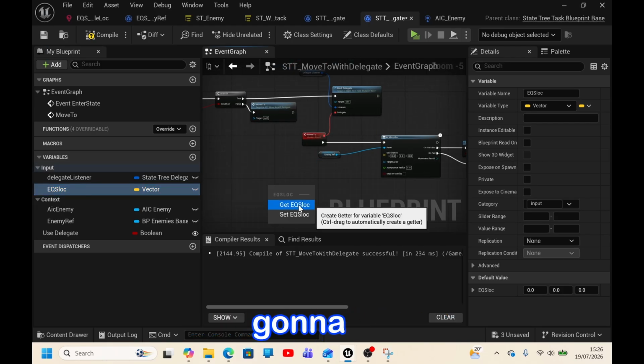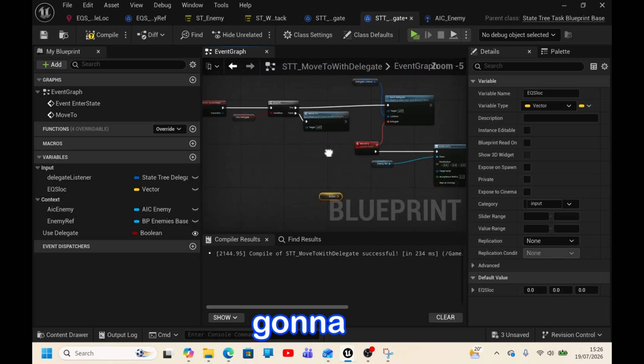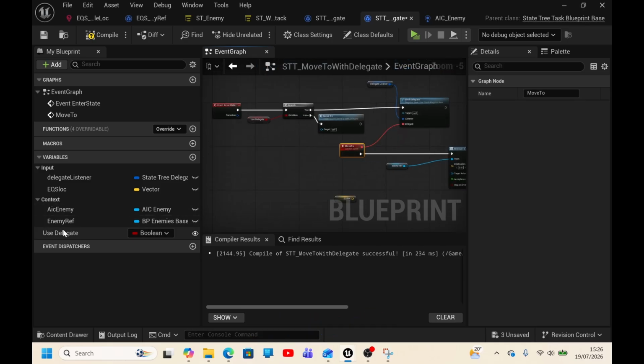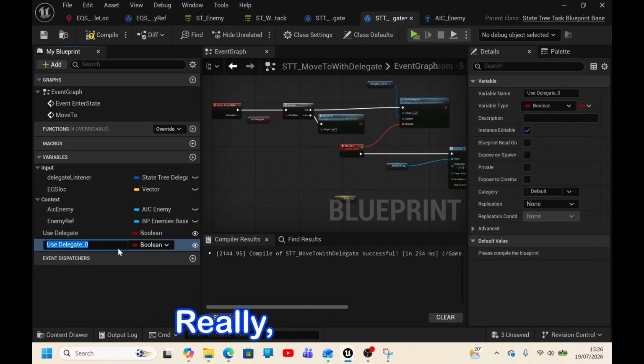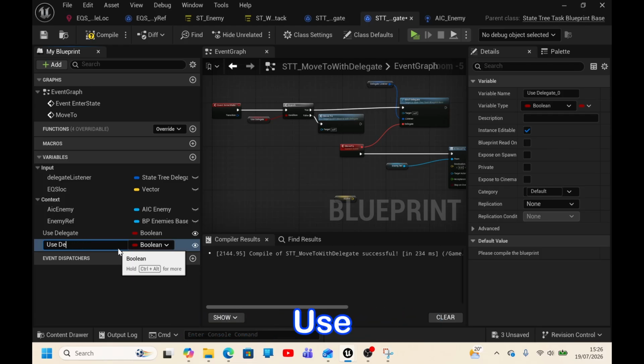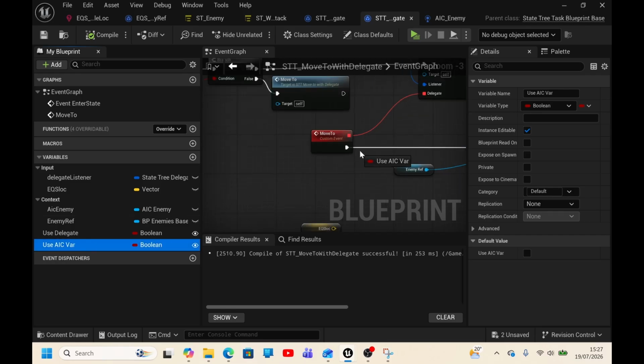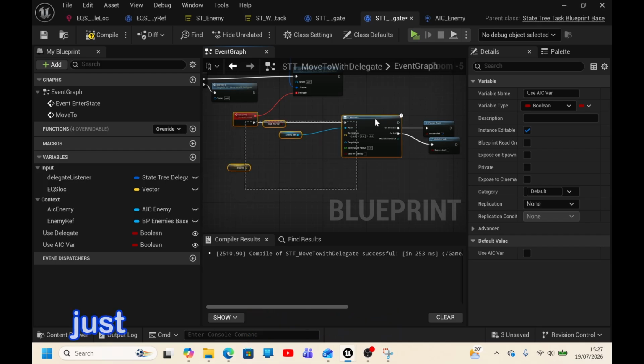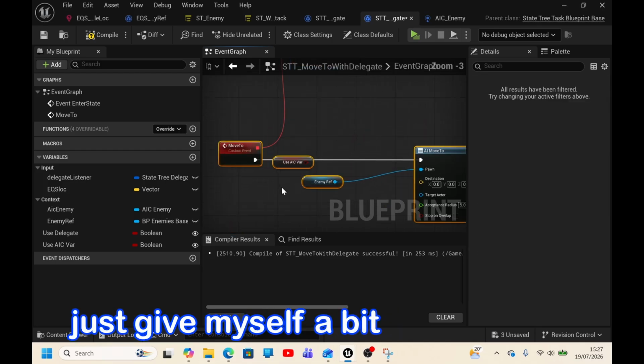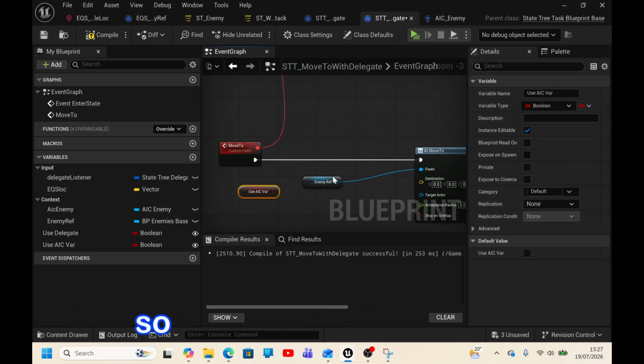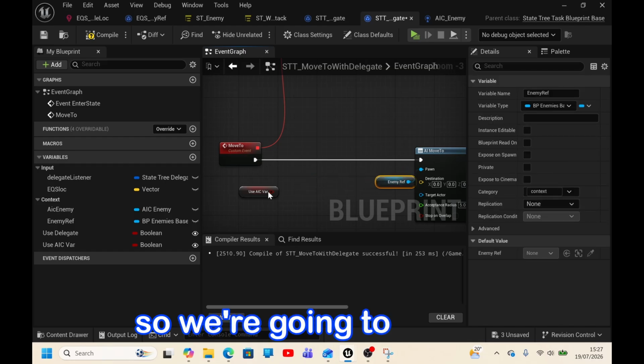I'm gonna do get, but I'm going to add another boolean, which will be use AIC var, and I can just give myself a bit more space. So we're gonna use the